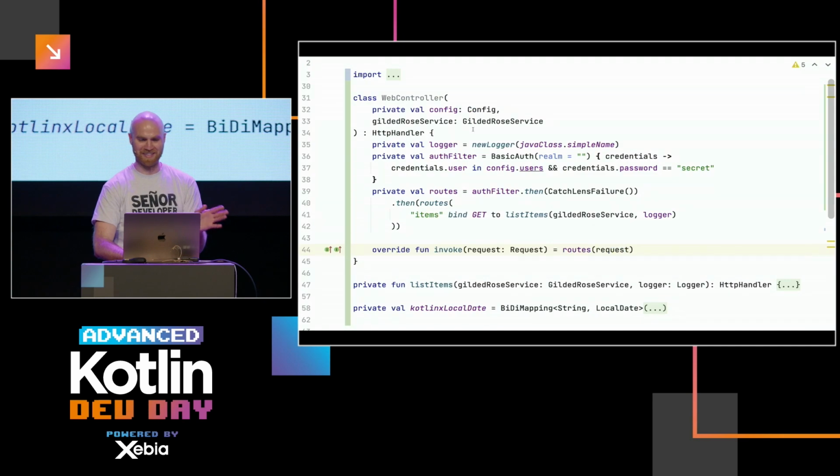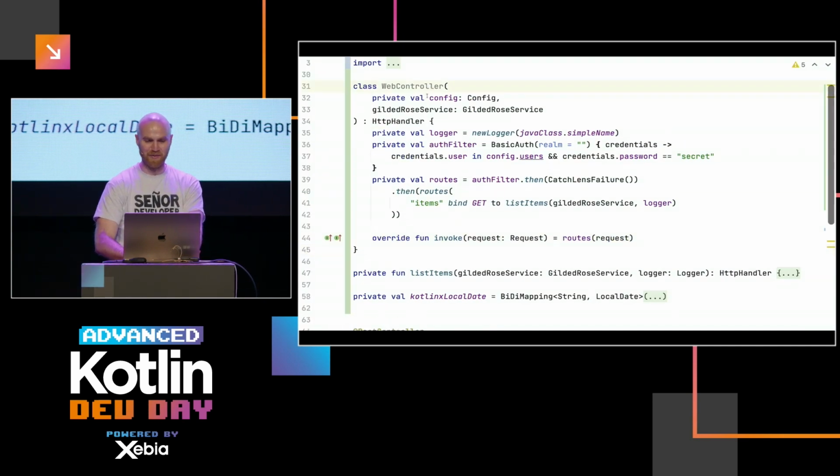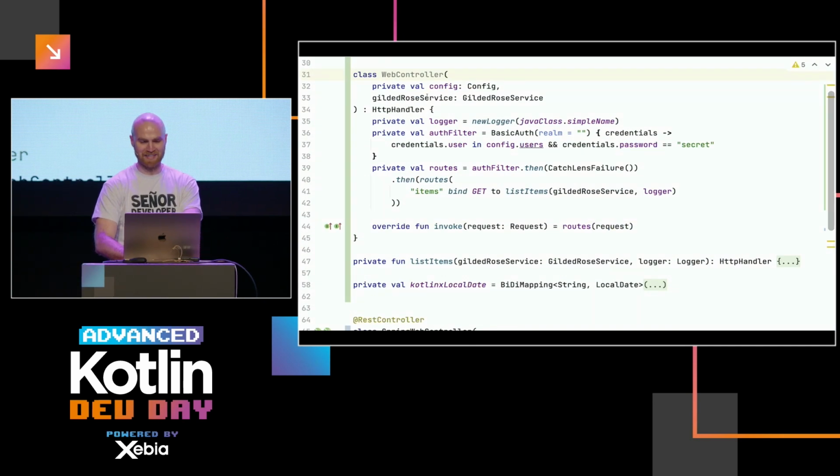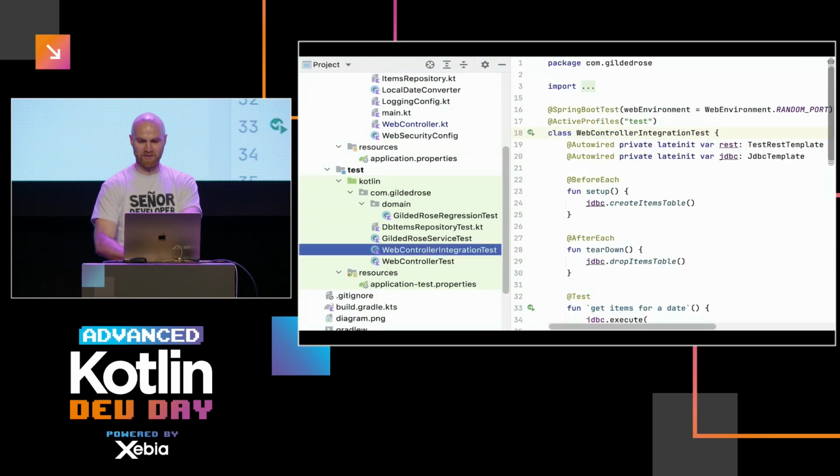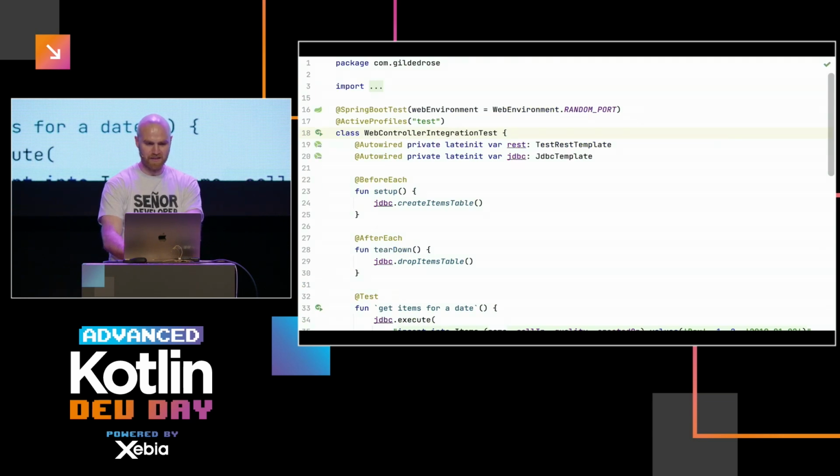Right? So it's kind of more explicit. And it's not used anywhere, so I need to kind of prove that it actually is correct, type it so quickly. There is WebController integration test, which we haven't looked at. And it also uses Spring Boot.